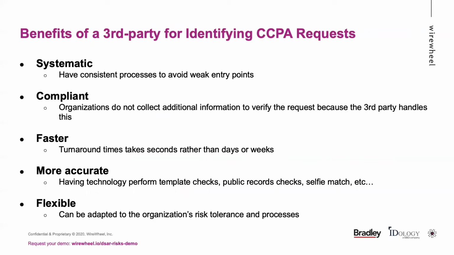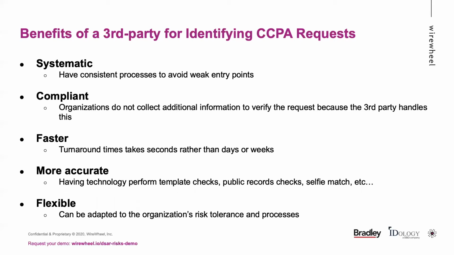What are you doing in a systematic way to approach the different weak entry points? Where Eric showed those two slides in the flow, where they've looked at all the permutations and the different risk vectors or fraud vectors that are there for fraudsters, what do you do to minimize those? It's also demonstrating compliance, that you're not collecting additional information beyond what you need in order to fulfill the requests. There's a faster turnaround through the processes that are there,